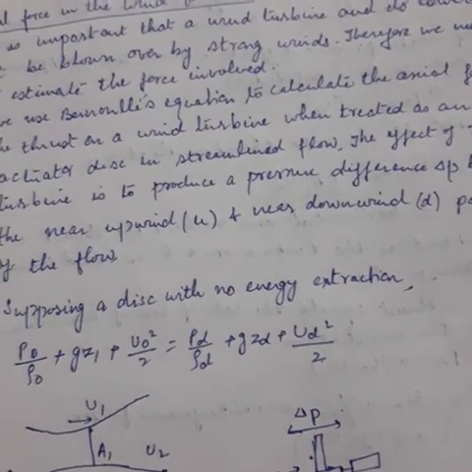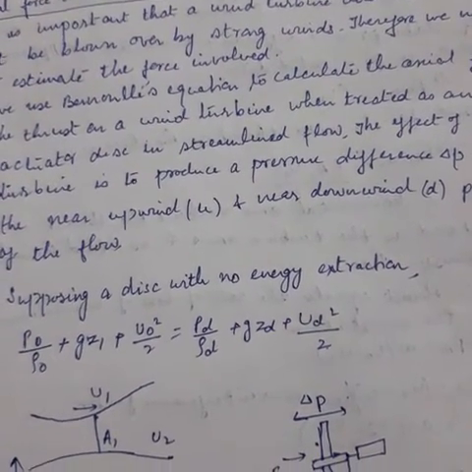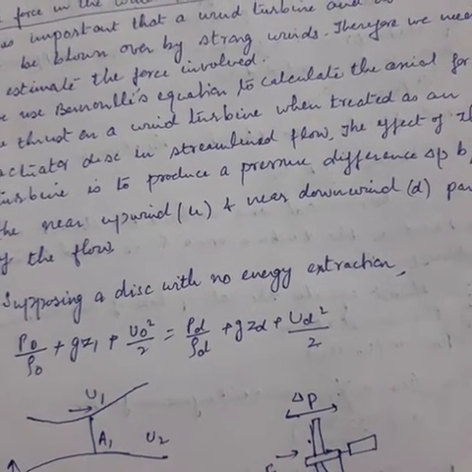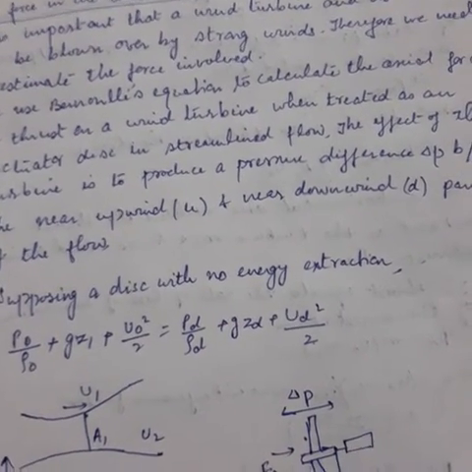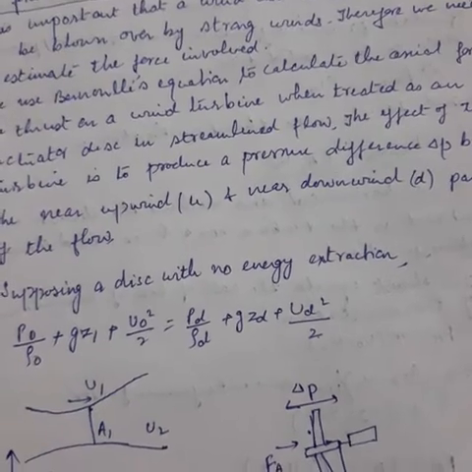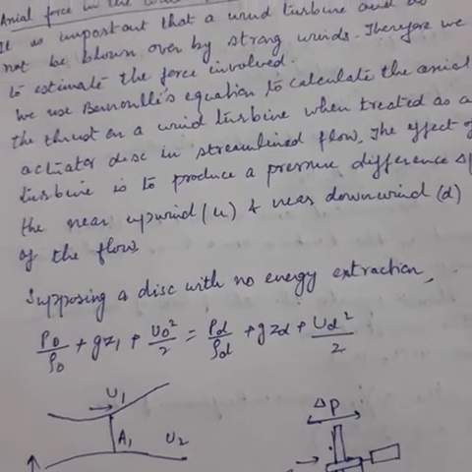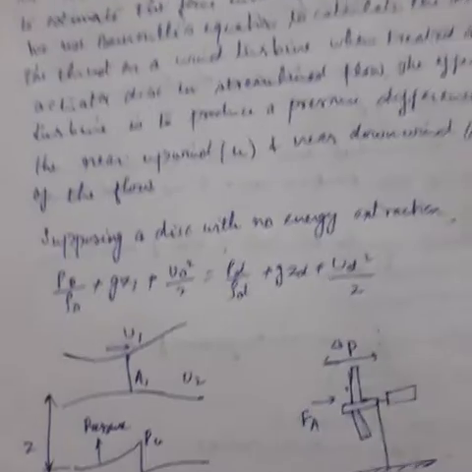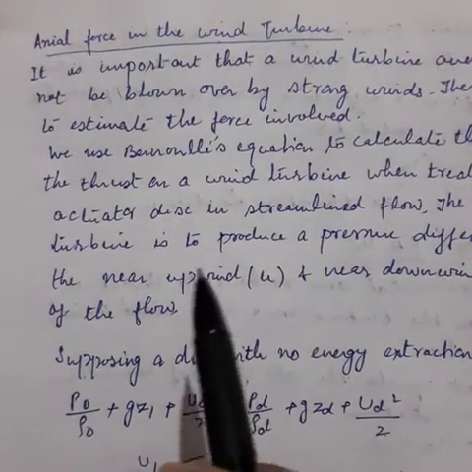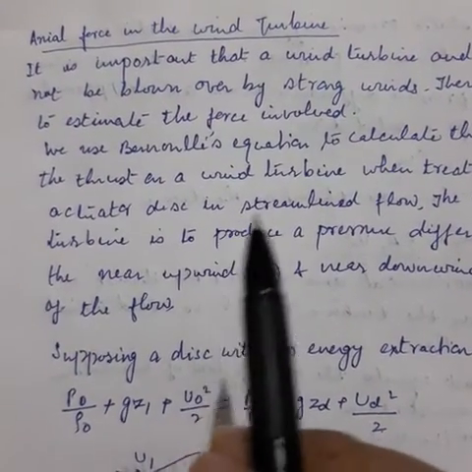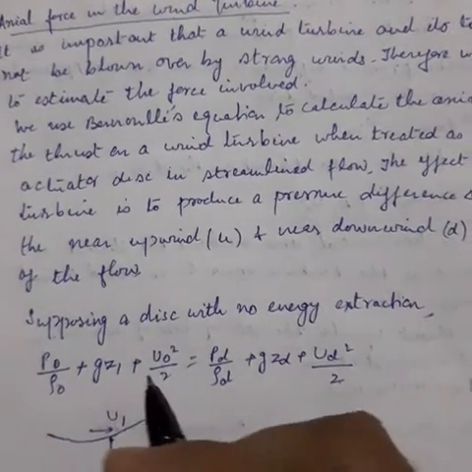Then it may damage the structural design of the blade, or it may destroy the total wind turbine and its nacelle. So the maximum axial force through the wind turbine is to be calculated according